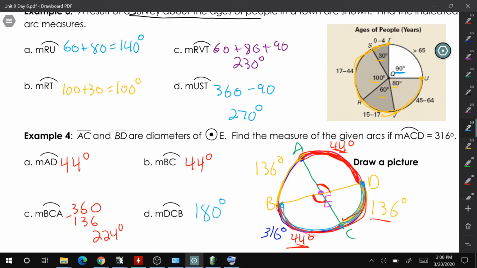So this has a lot of adding and subtracting, which I know you guys are great at. It's just you really have to draw a picture, label, and trace with your pencil to see what we are trying to figure out. So if you need to rewatch this, pause it,